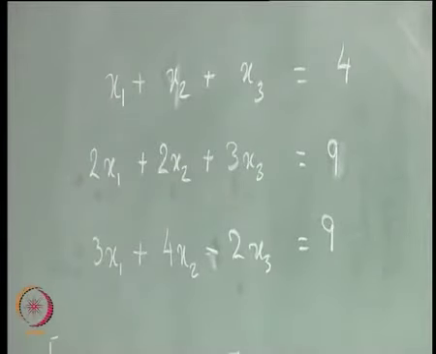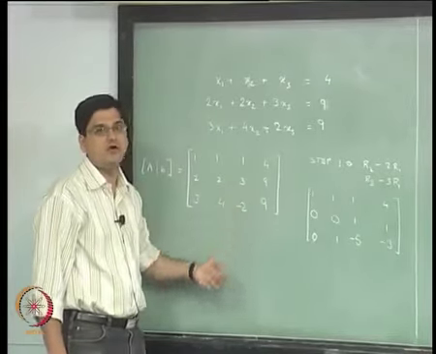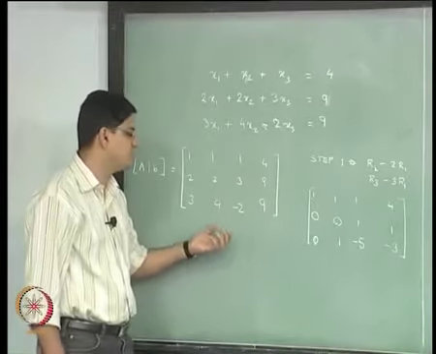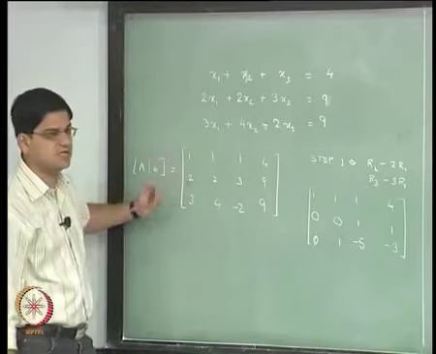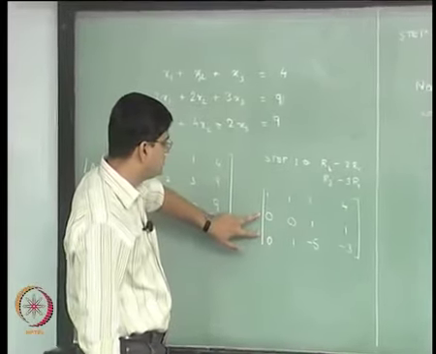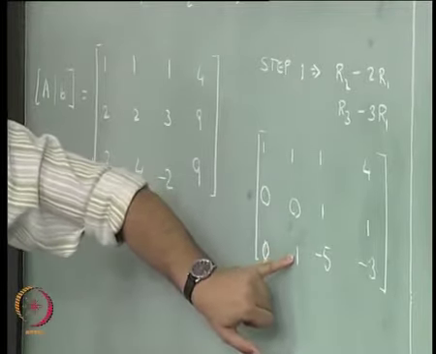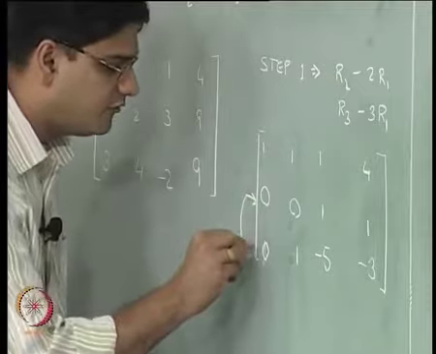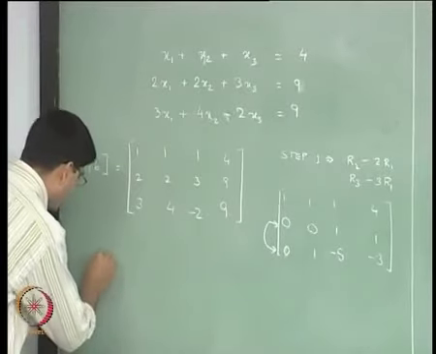The row operations under which the solution does not change are of course the scalar multiplication of any of the rows, or taking a linear combination of any 2 rows and replacing one of the rows with that, as well as interchanging the 2 rows. So in this case what do we do? The first thing we will do at this particular point is realize that this element is a non-zero element, and because this element is non-zero, we will interchange row 2 and row 3.